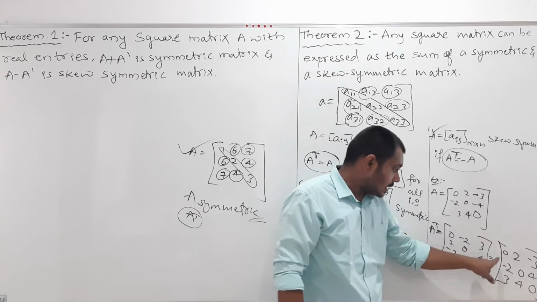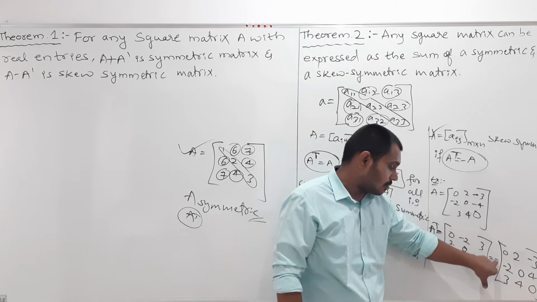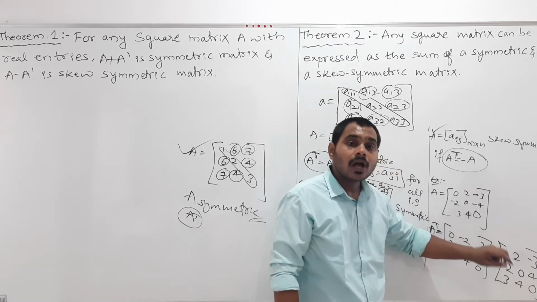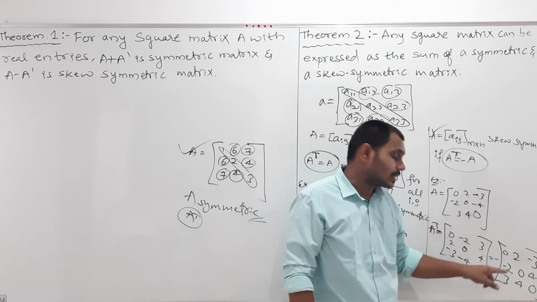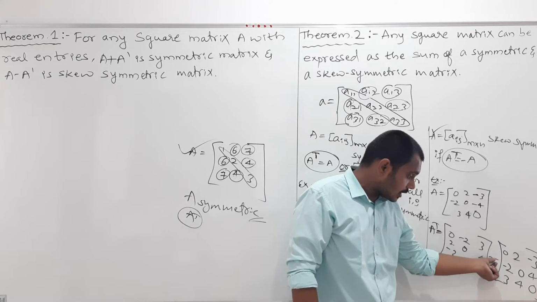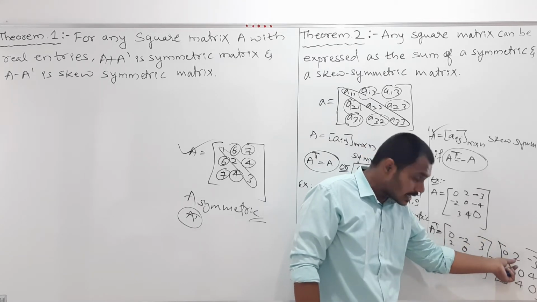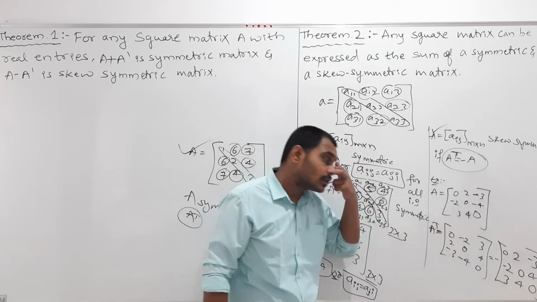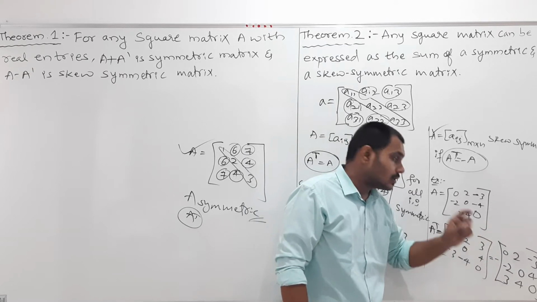After taking any sign or any number outside from this matrix, I took minus outside. So how to check whether what I have taken common is correct or not? To check that, after multiplying the sign you took outside into every element inside the matrix, you should get this matrix again. If you get this matrix, then whatever you took common is correct. Clear? So for that I will check here.